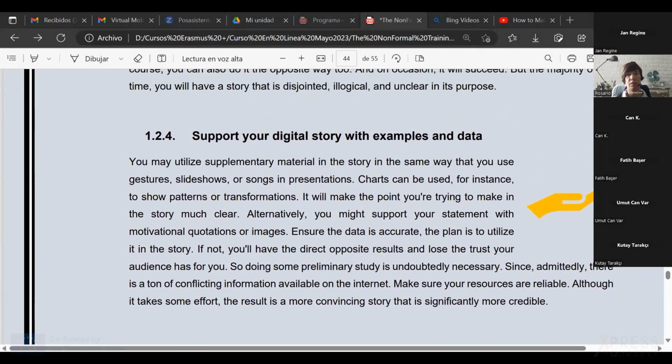Something really good to be done for your storytelling is supporting it with samples and data. And that means you can use, as I say, gestures. If you are in the video or anyone else is in the video, you can use gestures, moving your hands, moving your face. Don't stay static, not staying static as I am here, because this is a different thing. But moving your hands, your face, coming closer and farther away to show movement and grab the interest of the